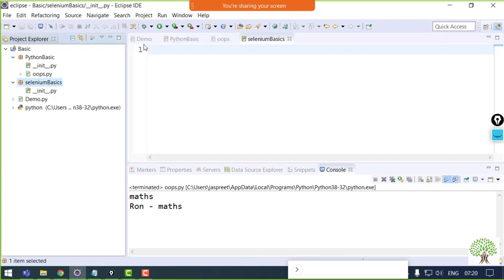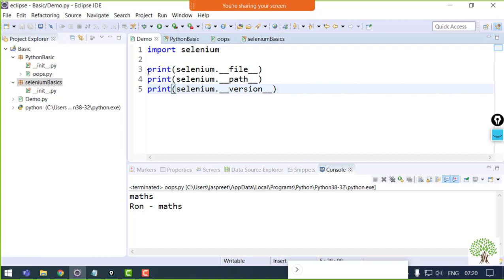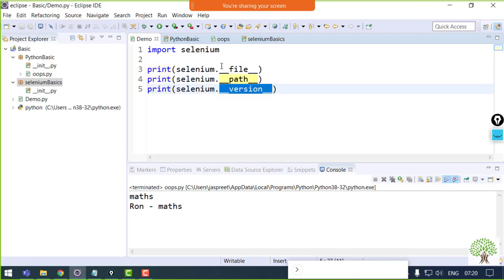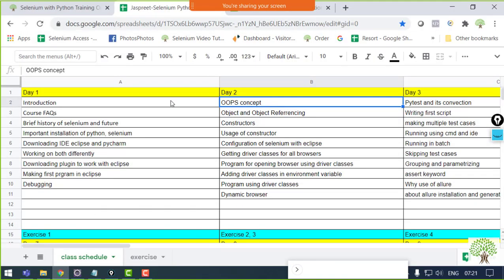Fine. Now over in Selenium, we have already seen this part, right? How we can get the details and check the further description, the path and version and file, etc. We have already seen. Right. Now the topic comes that I have to open some URL. How will I be able to do that? For that, I have to use another class that's already inside the Selenium package. I'll show you.